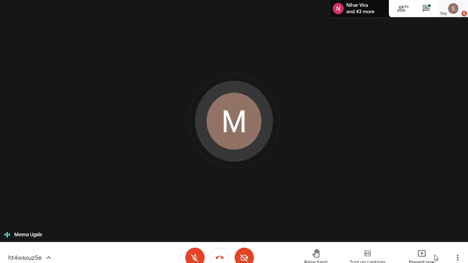The self-learning topics for this chapter are given, like interfacing of IO devices with 8086. The hardware part is not there as a part of your syllabus, which was in the earlier syllabus. So we used to study the hardware diagram also, the configuration in minimum and maximum mode, and then interfacing of 8086 with other peripherals. The IO peripheral is 8255, ADC is analog to digital converter, DAC is digital to analog converter. So all these other ICs can be interfaced with your main device. That part is given as a self-learning topic.